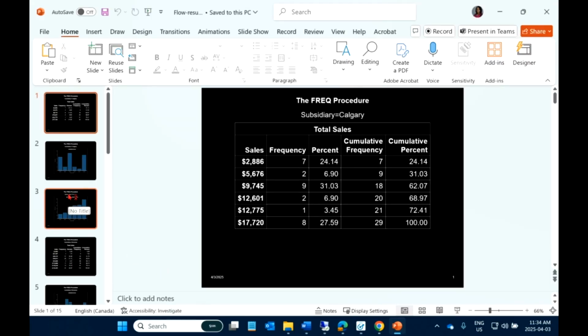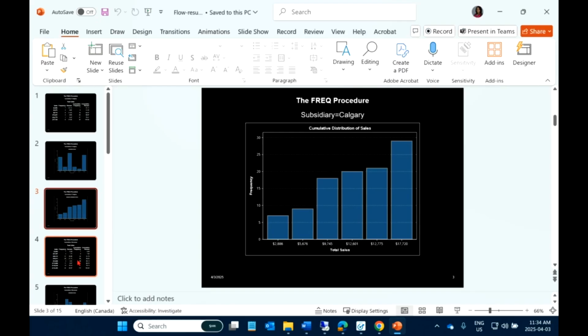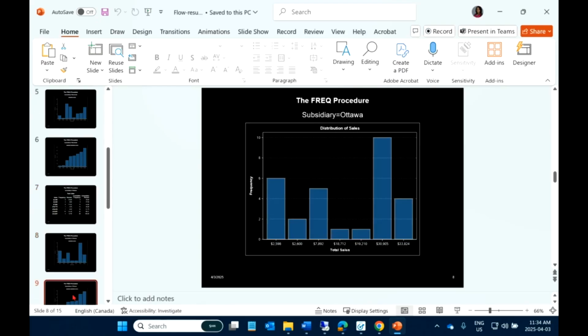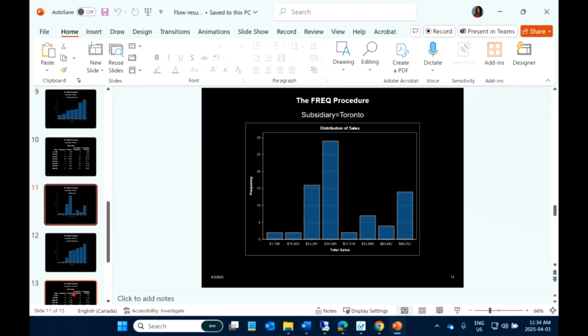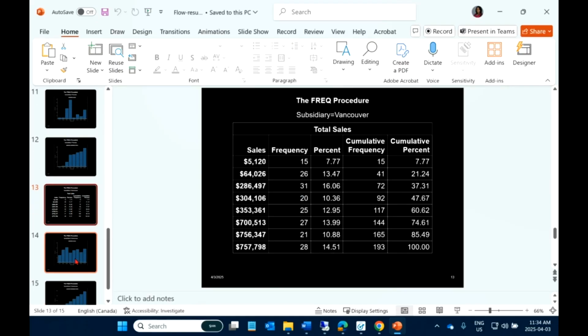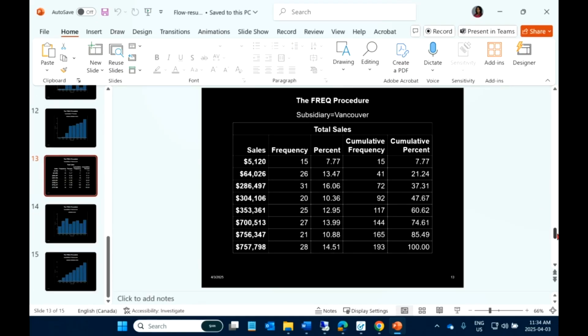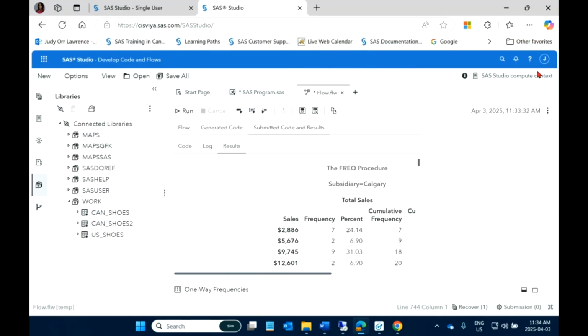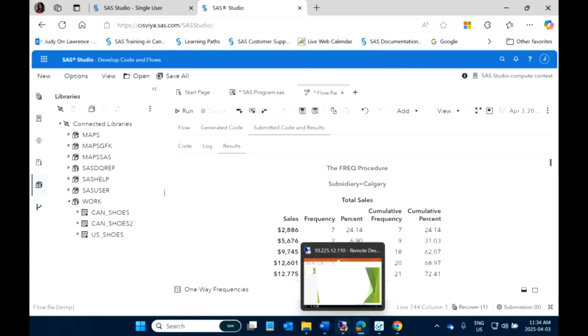And there you go. Now I have a 15-page flow in SAS Studio on SAS Viya. Okay, quick and easy. All right, so let's move on to the final interface,